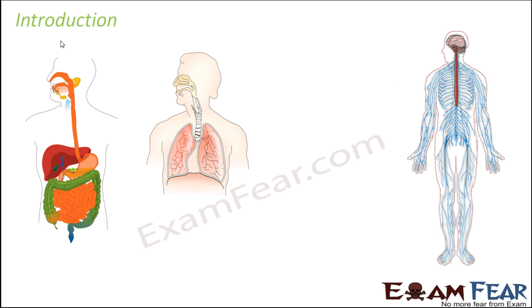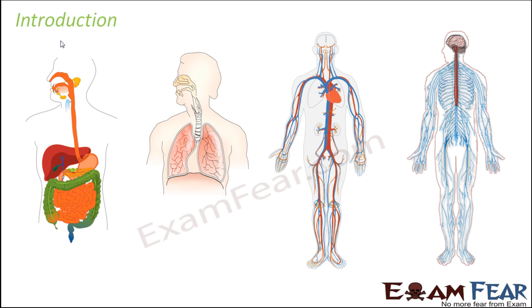Now the question is, how do you guarantee that the oxygen which you have breathed in will reach each and every cell of the body from your lungs? So for that we have the circulatory system. We have the blood vessels, the veins and the arteries to carry the oxygenated and deoxygenated blood to their necessary destinations, right? So the circulatory system will carry all the good blood to different cells, and it will take away all the bad blood from different cells and bring it back to the lungs so that it can be thrown out. So if you see, there is a relationship between each of these processes.